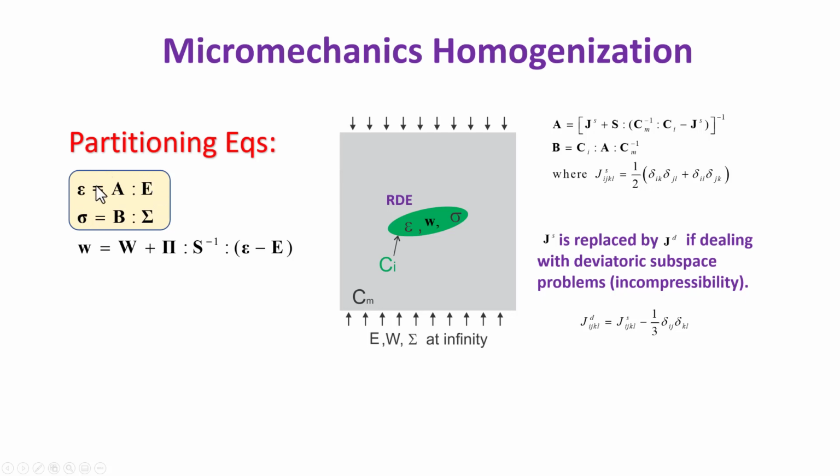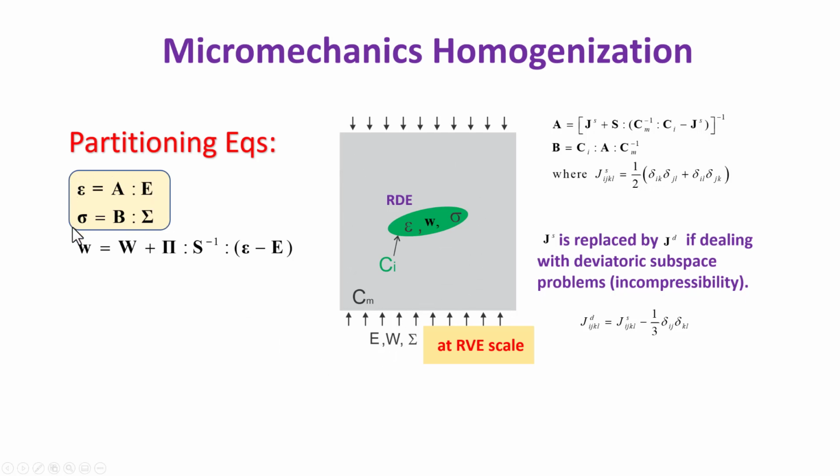These two partitioning equations will be essential in the exercise of homogenization. Of course, this relationship was obtained based on the assumption that the RVE is a single ellipsoid enclosed within an infinite uniform matrix. How we apply that to a finite representative volume element size needs to be justified, and more justification will be given in the next lesson. For now, I can state that as long as the inhomogeneity is small compared to the representative volume element, then the RVE can be regarded as a single element in an infinite matrix.